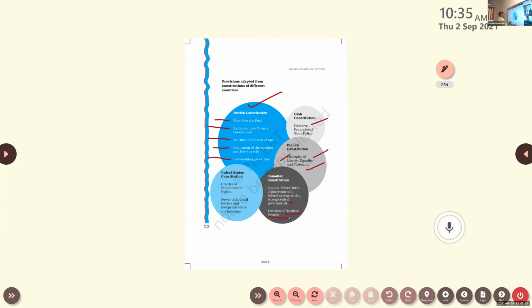Next, the United States Constitution. We adopted from the United States Constitution basically the charter of fundamental rights. And the power of judicial review, power of